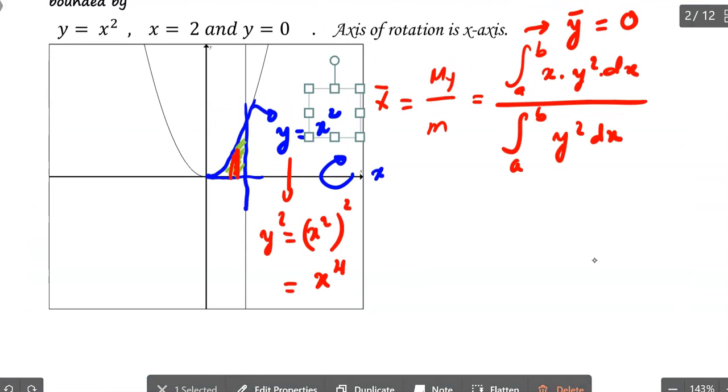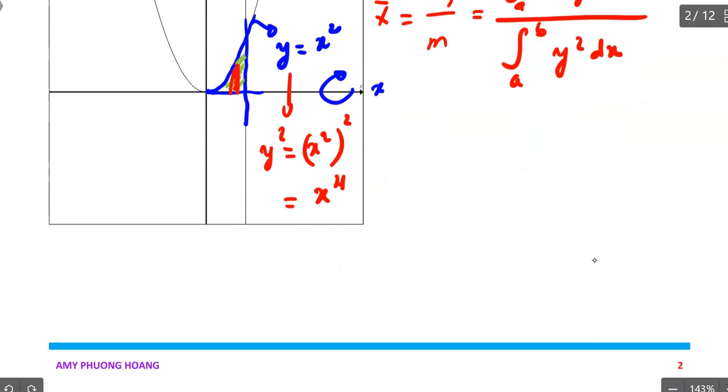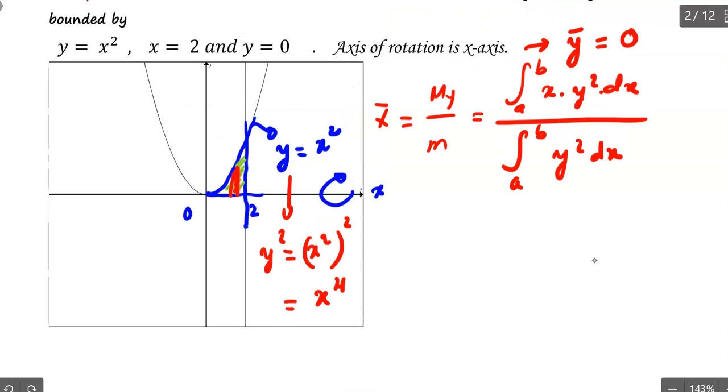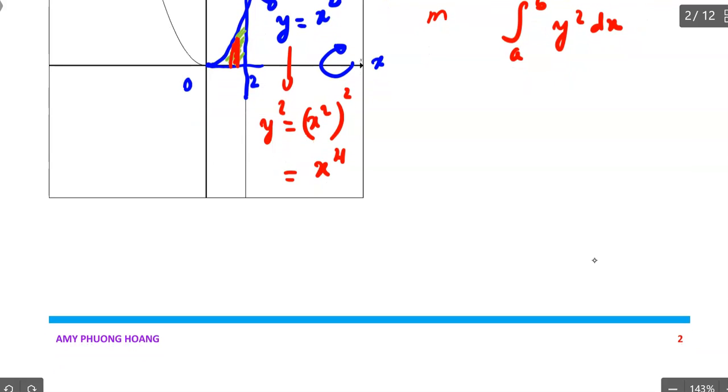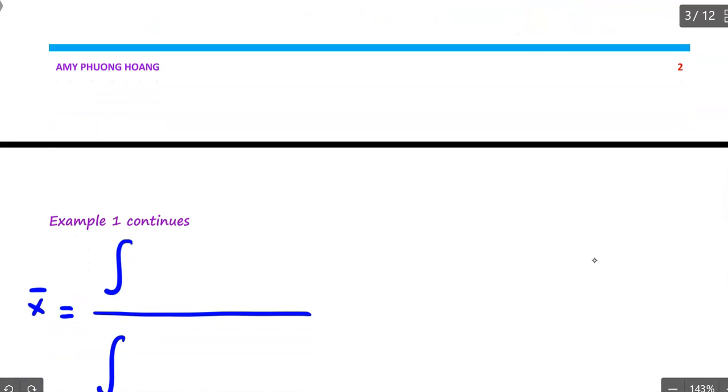Okay, so now let's figure out our upper and the lower limit in this case. So right here should be 0, and right here should be equal to 2. Very simple. Okay, so a is equal to 0, b is equal to 2. So I will write from 0 to 2